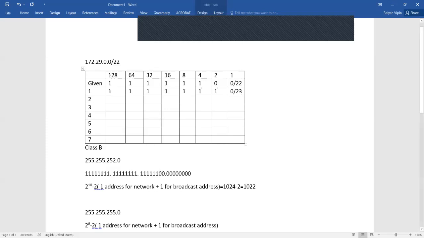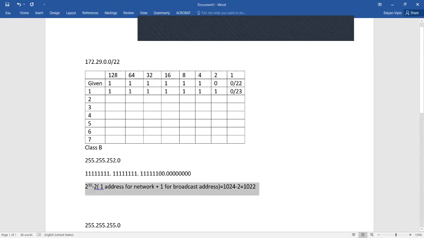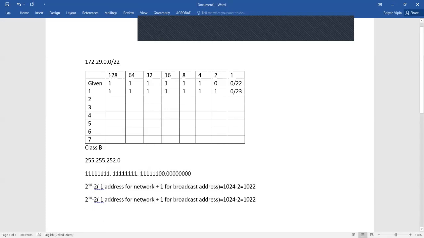The number of users I can accommodate here, because I'm not using 9 bits now, 8 of the last octet and 1 of this one, is basically 2 raised to the power 9 minus 2, which equals 512 minus 2, which is 510. So the number of users it can accommodate using the subnet bits 23 is 510.